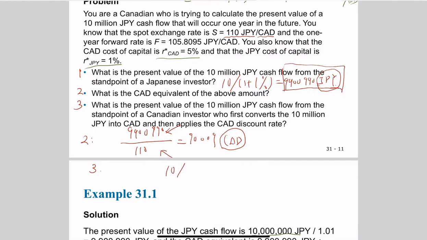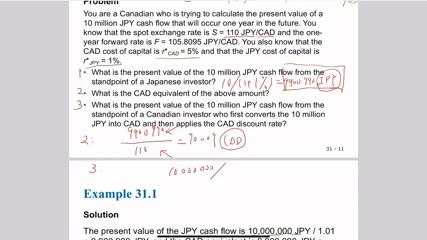Now you have to be careful. Now you should use the forward rate because here the conversion will happen in the future, right? Because as an investor, you will only receive your 10 million JPY cash flow in the future. So in this case, it should be 10 million divided by,